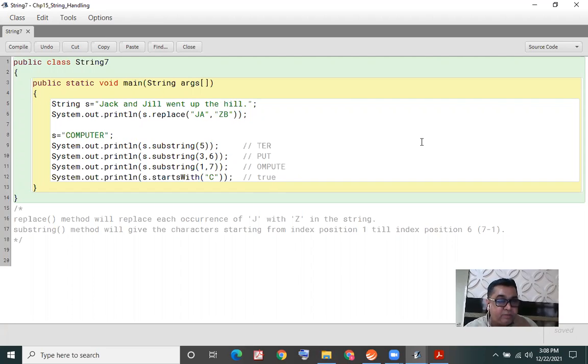I'm telling the replace method, you look out for two letters JA together. In this, one small thing, notice my string has J in capital and A in small. If I've given it in capital, it will not do the replacement.